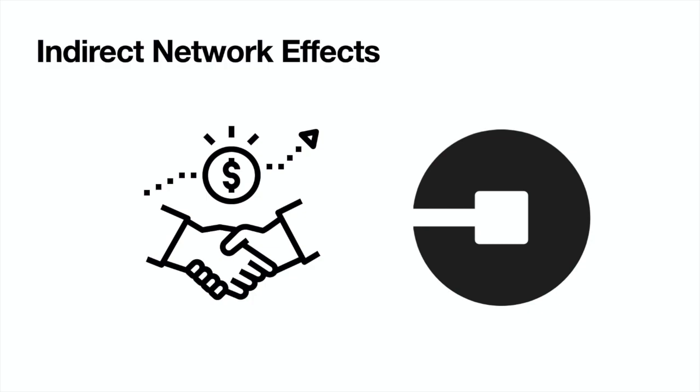The network effects in these cases are called indirect network effects, because they're not related to the part that's being added to the network. If an extra buyer is added to a marketplace like eBay, the other buyers don't get value from that. On the contrary, more buyers on eBay could mean that there's more competition between the buyers, which will drive prices up for each of the buyers. So more buyers might mean worse prices. However, there's an indirect network effect. If there will be more buyers, the amount of sellers will increase because they will be attracted to the larger buyer base. So that's why we call this an indirect network effect.